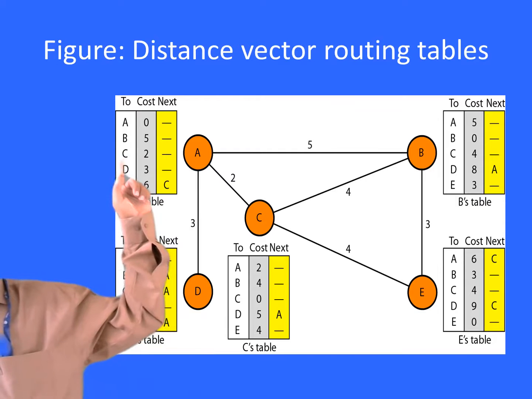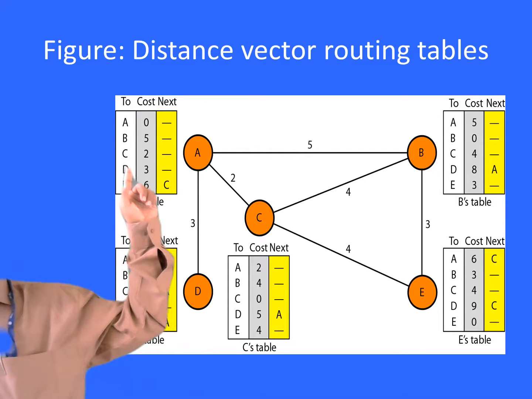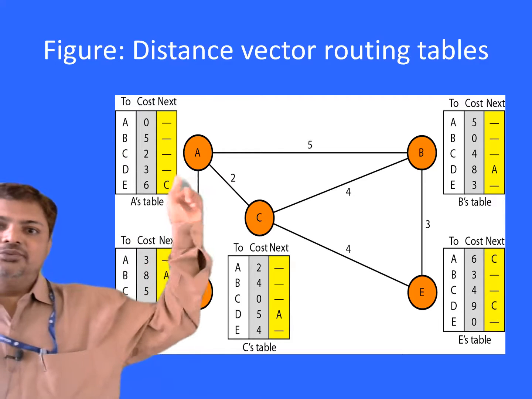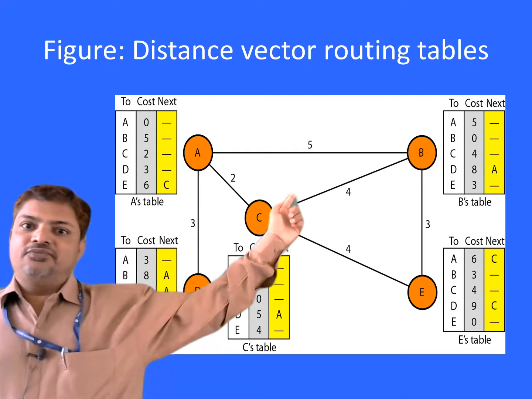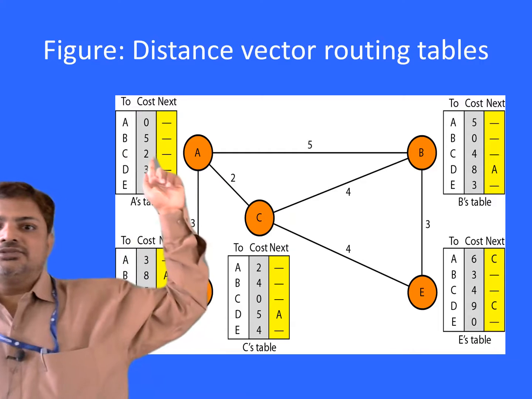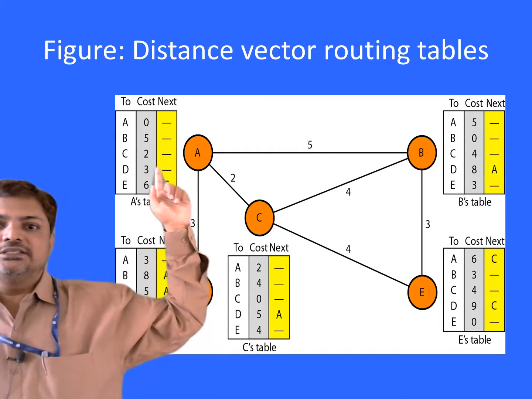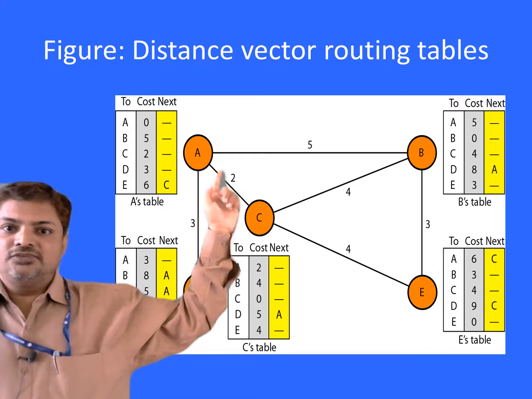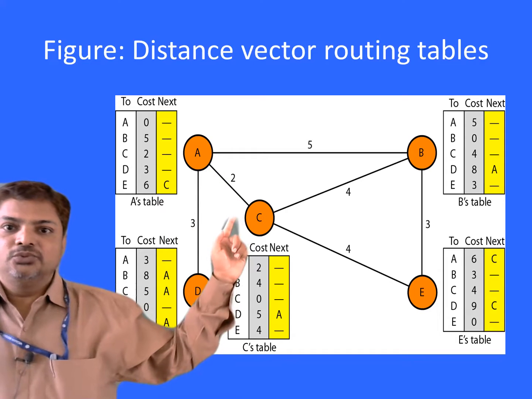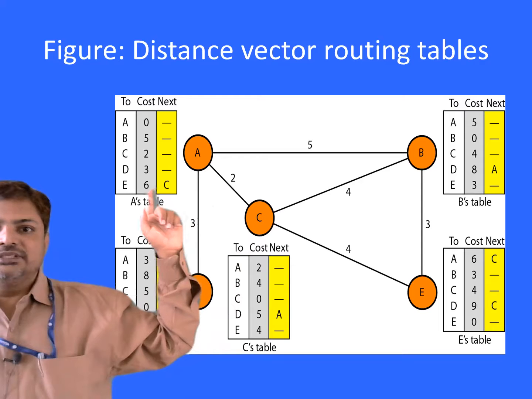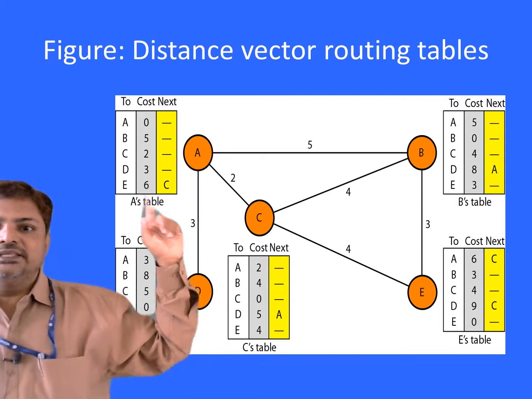The cost to go from A to B is 5. The cost from A to C is 2. The cost from A to D is